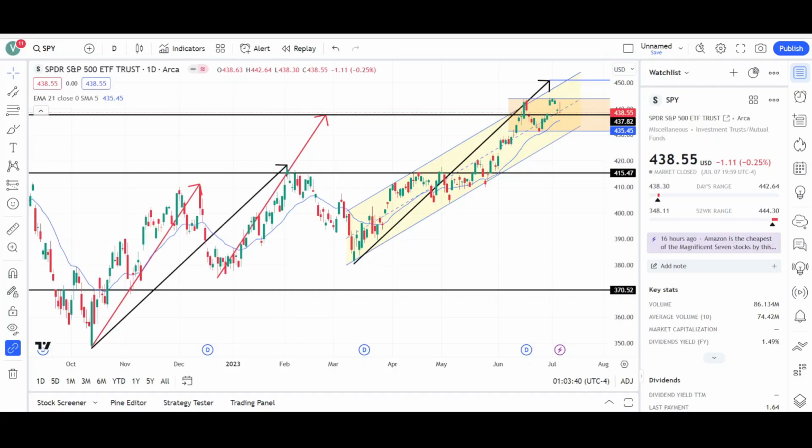What's up, traders? This is Vee Trades, and today I will be doing a technical analysis breakdown for the SPDR S&P 500 ETF Trust with the ticker symbol SPY. I will first go over what I see on the daily chart and finish the video off with the weekly